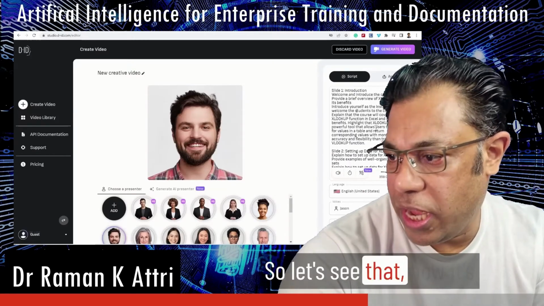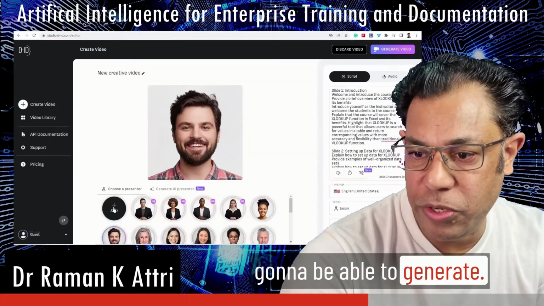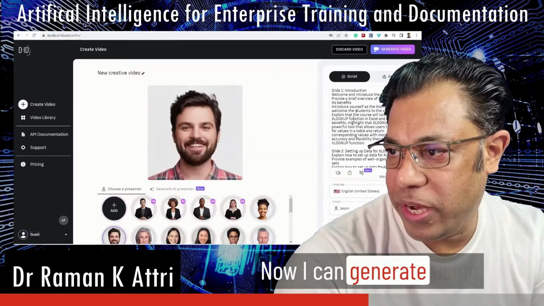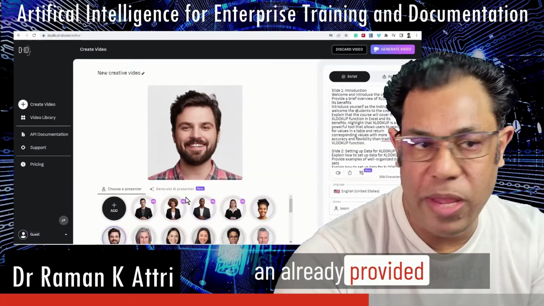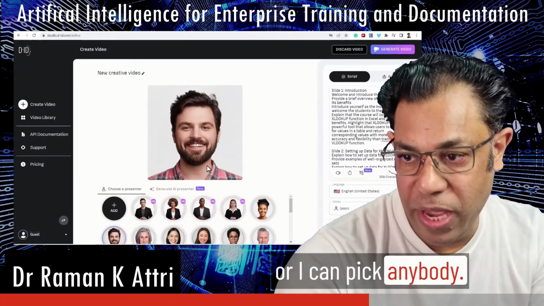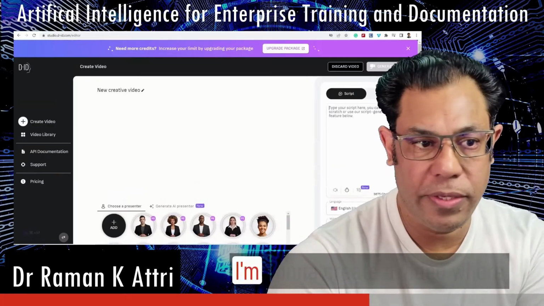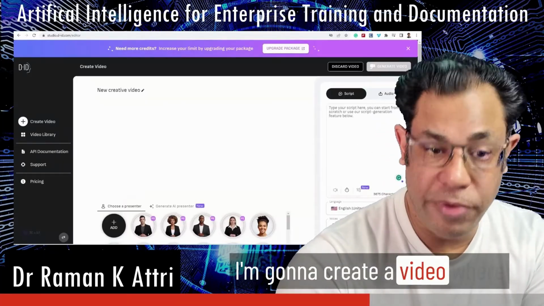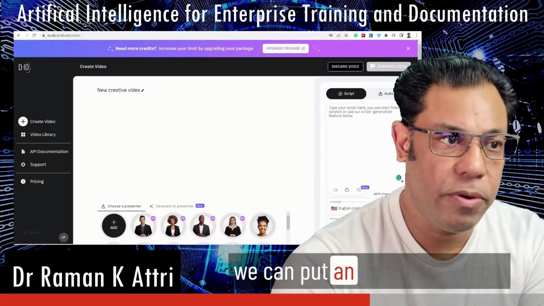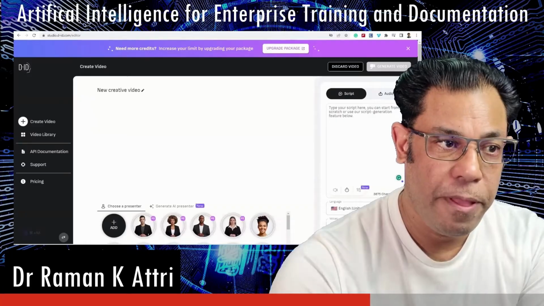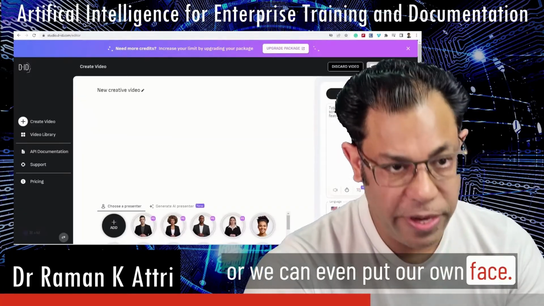So let's see how it's going to be able to generate. Now, I can generate using an already provided avatar, or I can pick anybody. So next, what I'm going to do is create a video where we can put an instructor's face, or we can even put our own face.